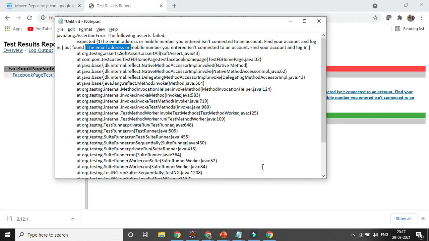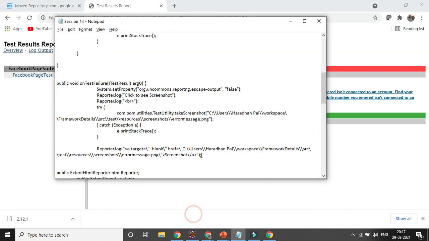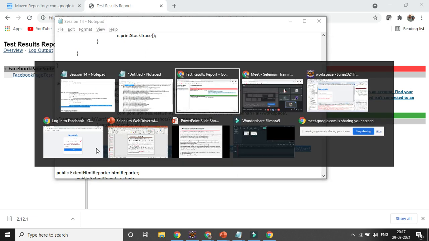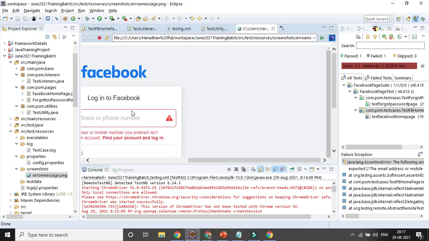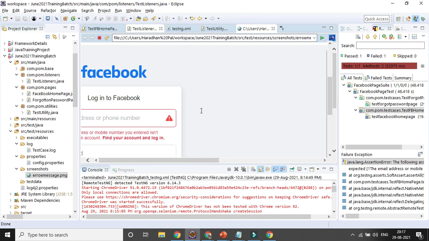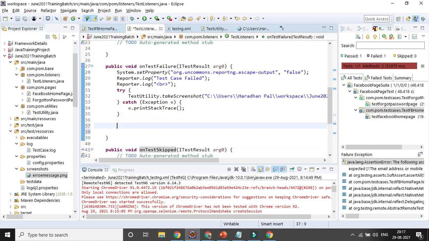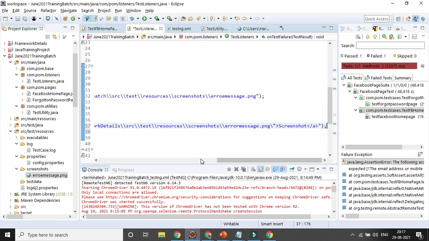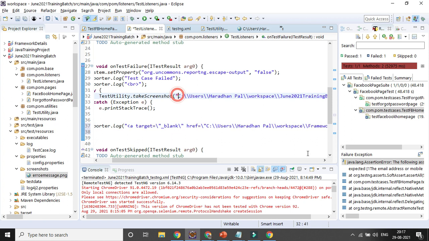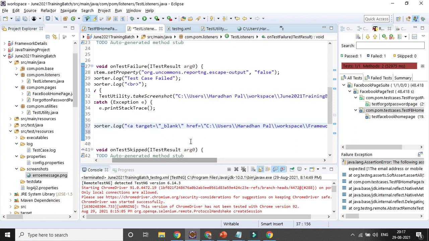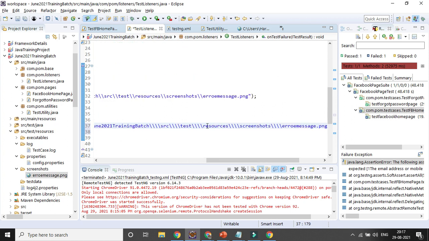That is the part you need to add here: the Reporter.log, that HTML part, in the listener where you are capturing the screenshot, so that you can visualize it. The same path I will be giving so that I can take it from here.